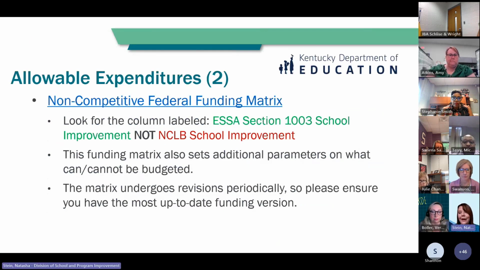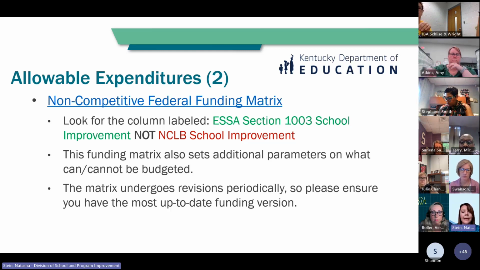To further help you out with allowability, we do offer a non-competitive federal funding matrix. So this grant is not competitive. It's a formula-based grant. And so we have hyperlinked for you in your PowerPoint slides that federal funding matrix. And basically that document lists all of the allowable MUNIS codes for the SIP program. And we ask that when you review that resource that you look for the column that's labeled ESSA Section 1003